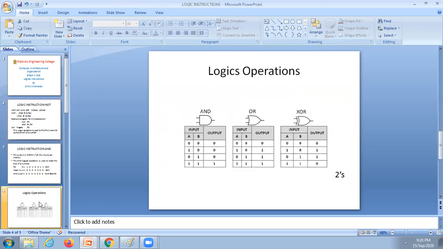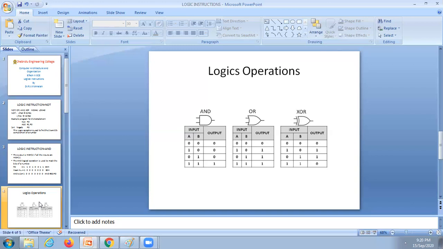Then the other 3 logics are AND logic, OR logic, and XOR logic. Except XOR logic, all the others have a meaning in plain English. NOT means no, that means complement. Yes and no: that is NOT operation, that is complement. Even the AND operation is similar in meaning. Suppose I want to club those 2, I want to make it as AND.